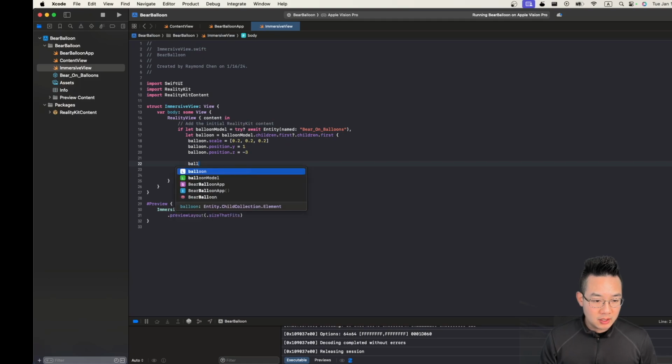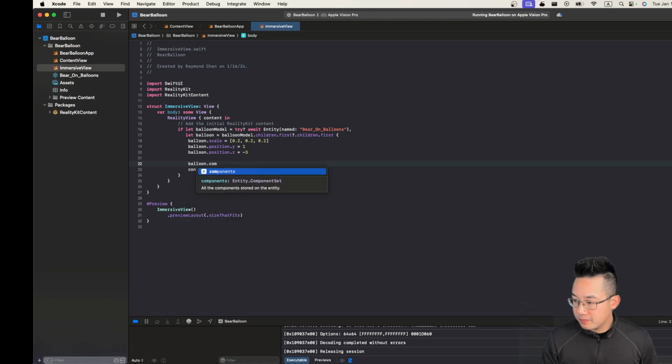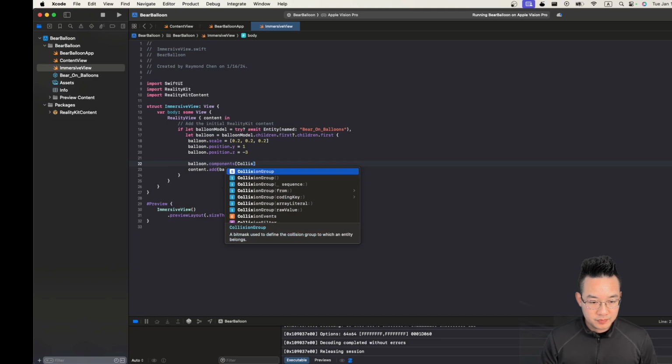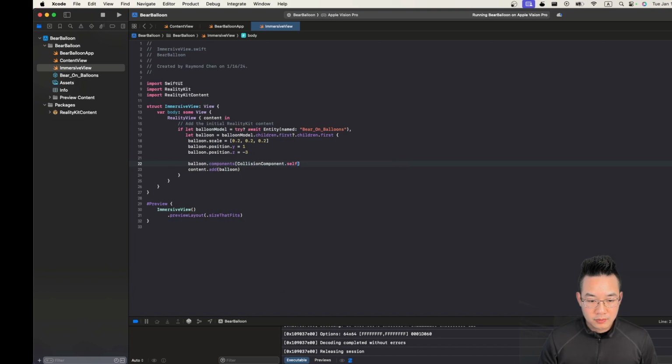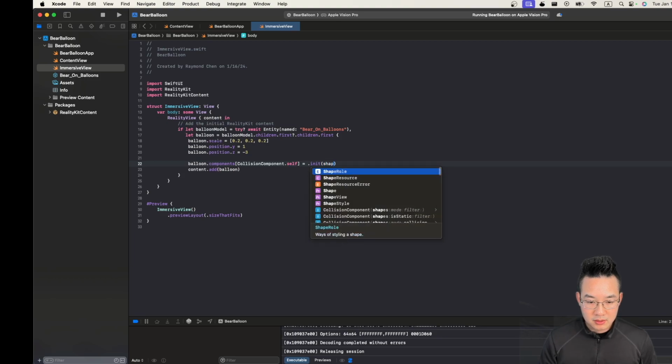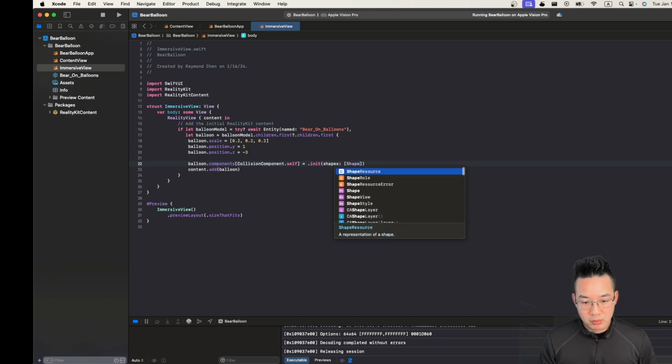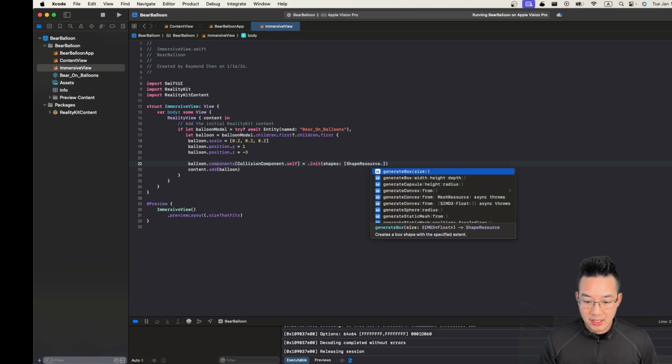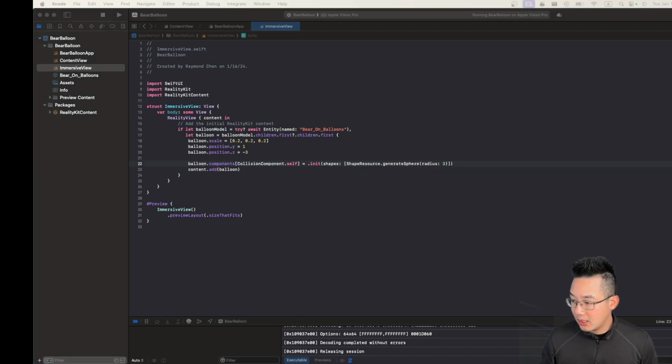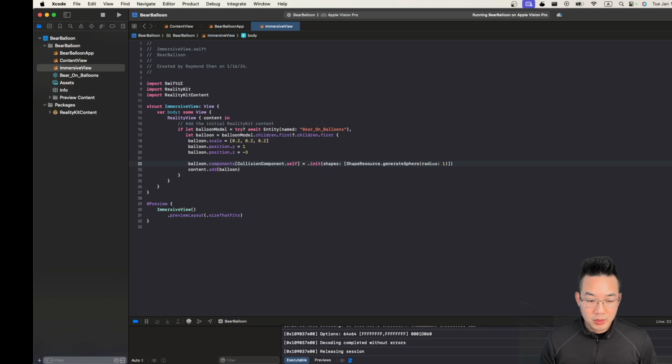So balloon dot components, collision components dot self is equal to dot init. We'll set a shapes, and we'll set this particular shape to be a shape resource dot. We're going to generate a sphere with a radius of 3. 3 meters is a bit much. Let's go with 1. Now, what we need to do next is to give it a physics body so it